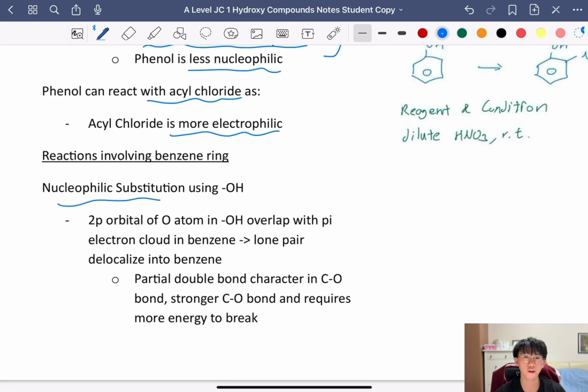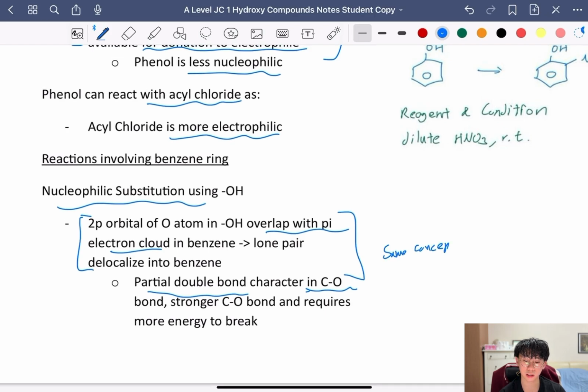acids. For nucleophilic substitution using the OH, again with this same explanation over here, which is the 2p orbital of the O atom that is overlapping with the pi electron cloud, therefore the lone pair is delocalized into benzene. But also because of this, your C-O bond is actually stronger because of partial double bond character. So take note that this same concept